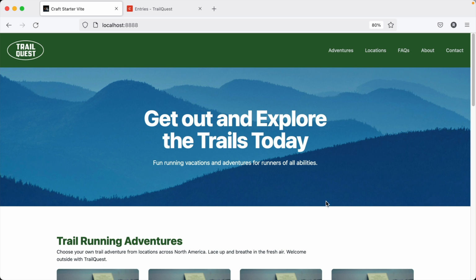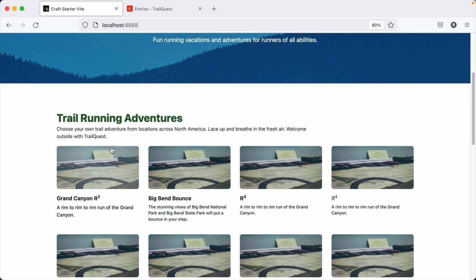And we reload, and there we go. We have our hero, which is now fully dynamic, and the content and the image is pulled from our homepage single. The next thing we want to do is output our trail running adventures. And for this content, we'll handle it by looping over the entries in our adventure section and then outputting them